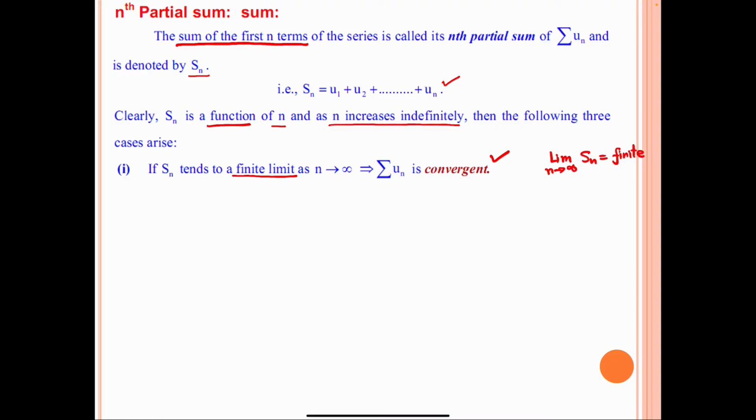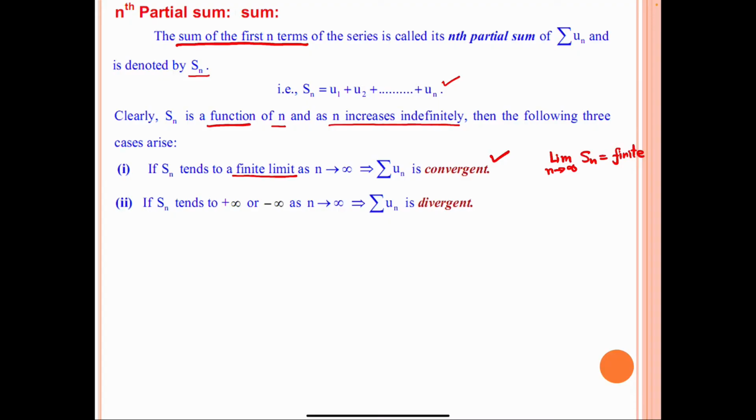So whenever you have to calculate the behavior of any infinite series, you first have to write the nth partial sum. What is the nth partial sum? And then take the limit, n tends to infinity. If limit n tends to infinity Sn is equal to a finite value, then we conclude that the given series is convergent. And second, if Sn tends to plus infinity or minus infinity, as n tends to infinity,